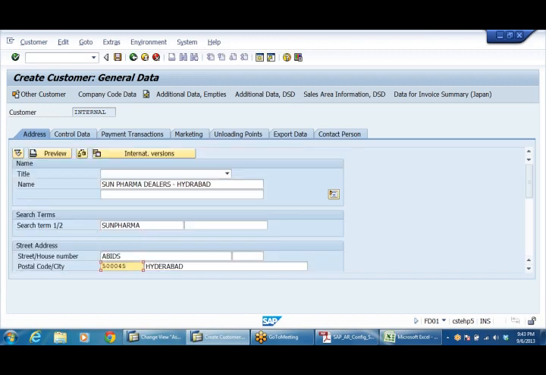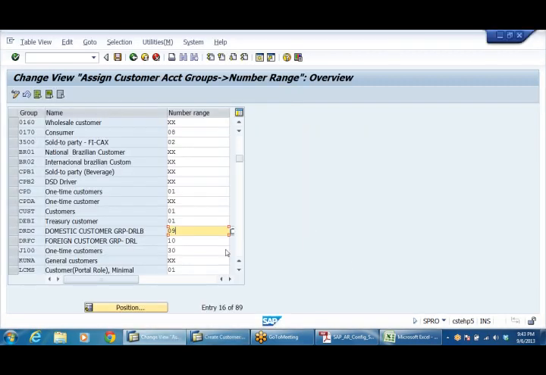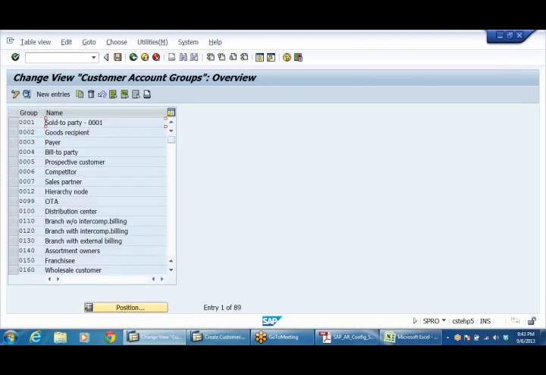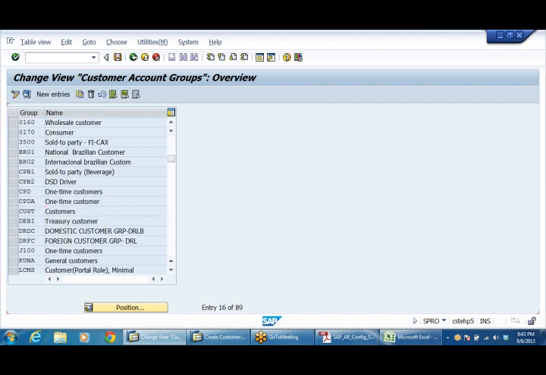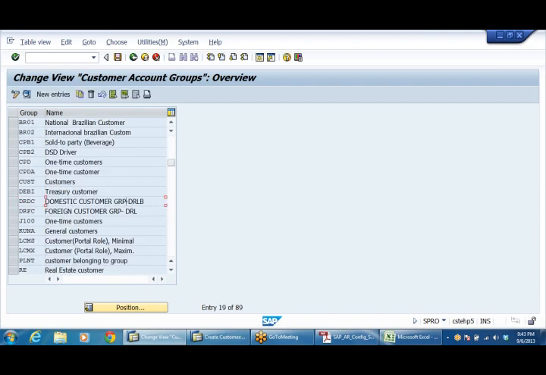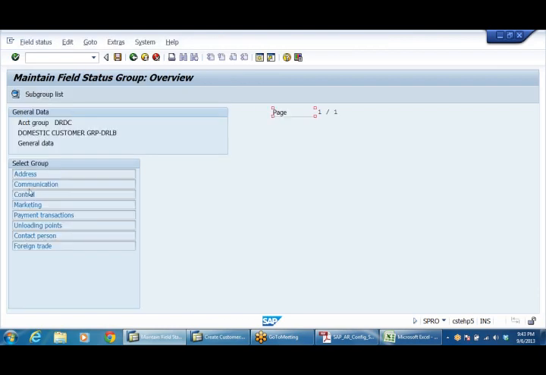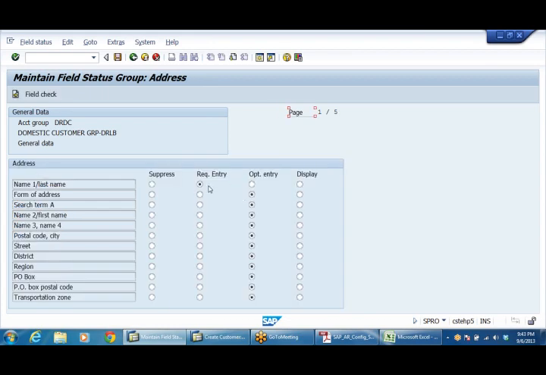These are the fields which are going to be controlled by define account group with screen layout. Here we have our domestic customer group. Double click on general data, address, we made address a required entry.